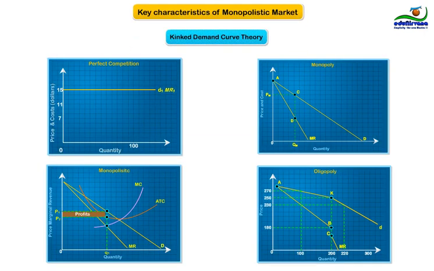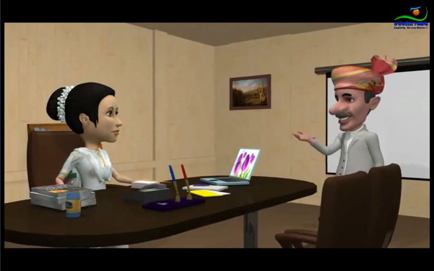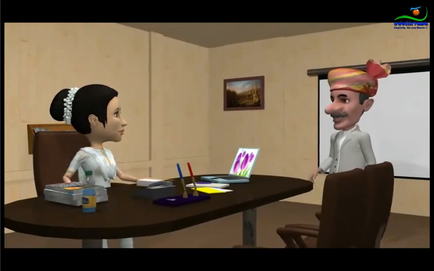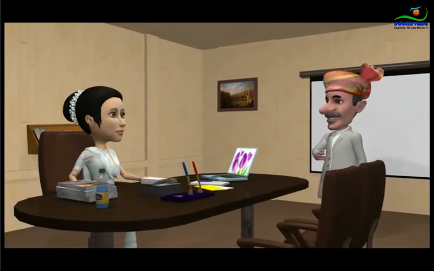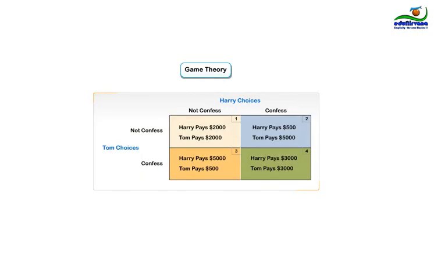Dear Father, I have noticed that of the four market structures, perfect competition, monopoly, monopolistic competition and oligopoly, oligopoly is the most difficult to analyze. Analysis is difficult because of the interdependence among firms in such a market. Now, I will tell you the last concept, that is, game theory, to get a workable understanding of the interdependence